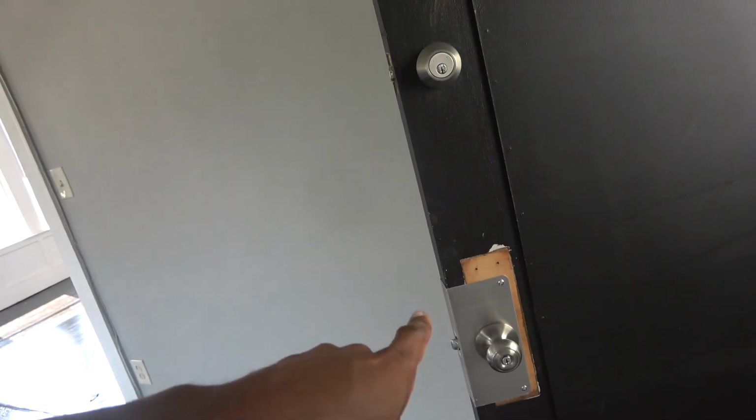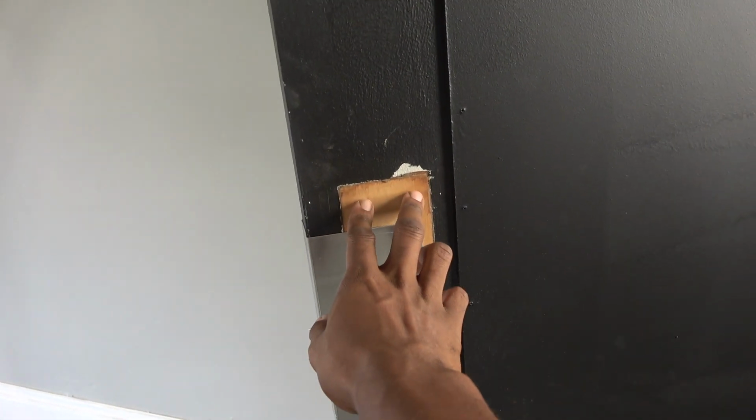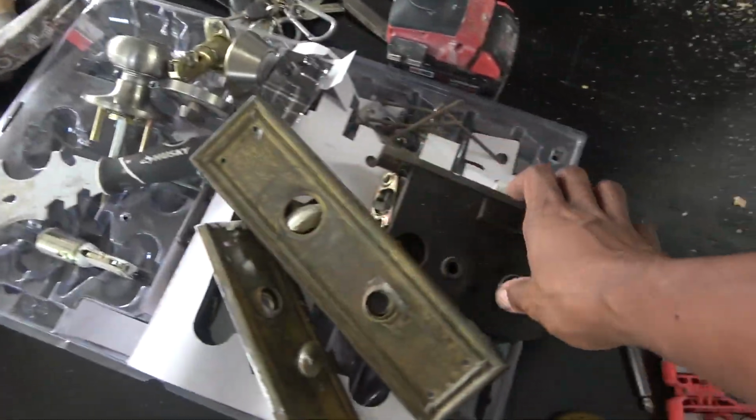I probably should have painted that. Yeah, I probably should have painted that before. But I'm still gonna fill this in with some putty. Make sure that's nice and smooth. Go ahead and paint this. And now we're good. Got this whole thing swapped out